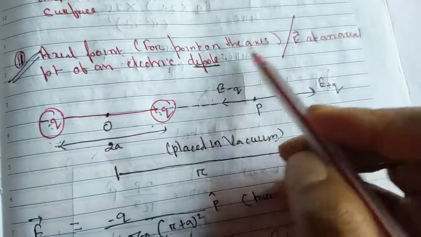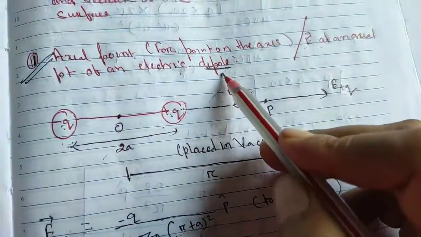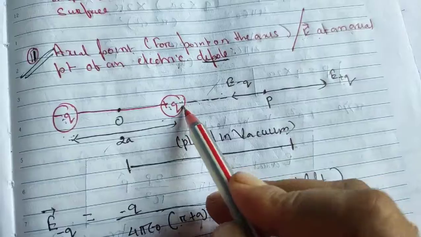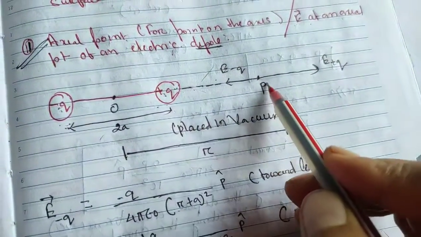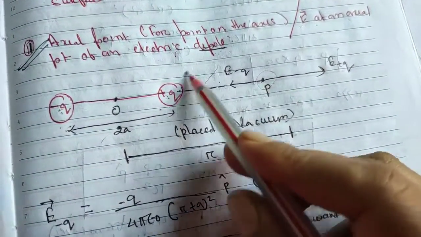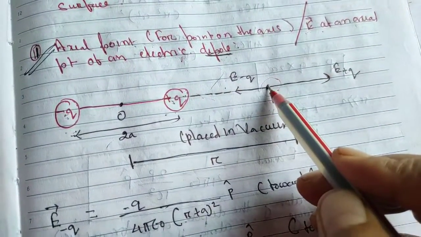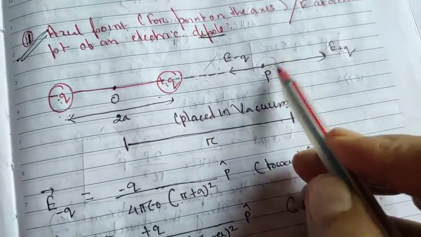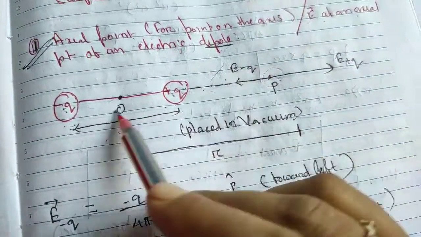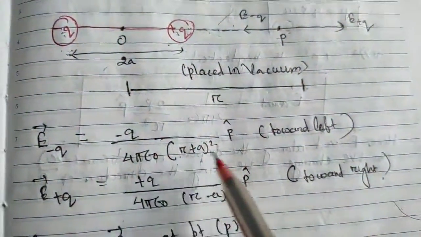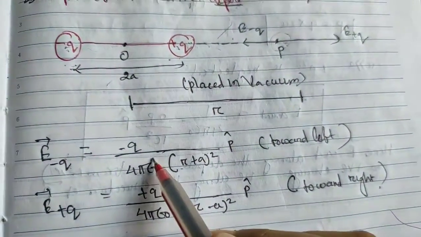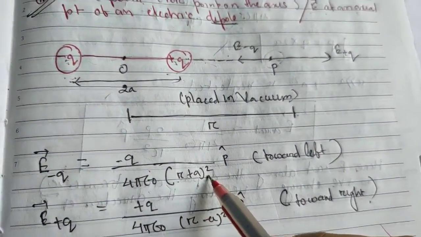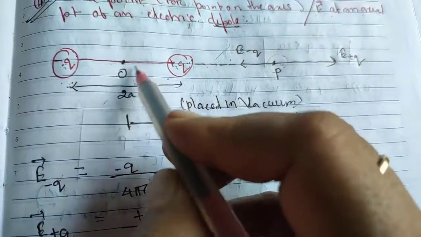In the axial point, same E at the axial point. Now you can take two charges along the axis, one negative, another positive, separated by 2A. The place where the charge experiences the electric field due to the negative charge and positive charge, that is point P. So P experiences the electric field due to both the charges. So we will write the formula for both charges. Negative, formula as it is, Q 1 by 4 pi epsilon naught. In place of r square, what will you write, my dear? That is the distance. This you have to focus on.